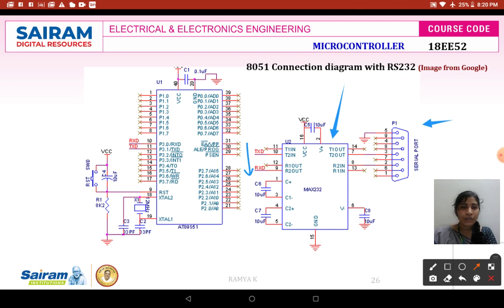The purpose of connecting the MAX 232 chip with RS-232 is that it makes the voltage level of RS-232 more compatible with the voltage level of your 89C51 microcontroller. This is the hardware connection shown over here, and you can use this diagram, which is also given in the Mazidi book.